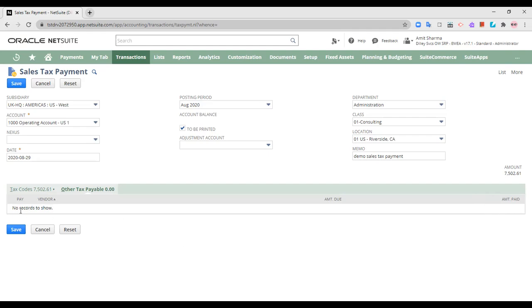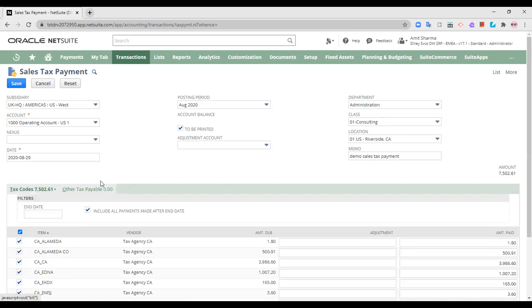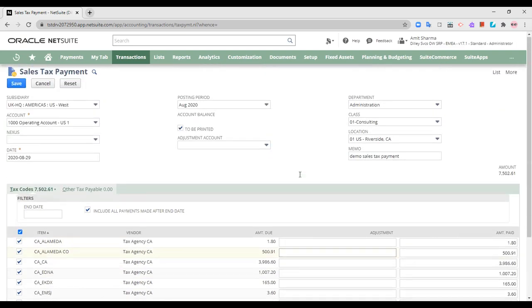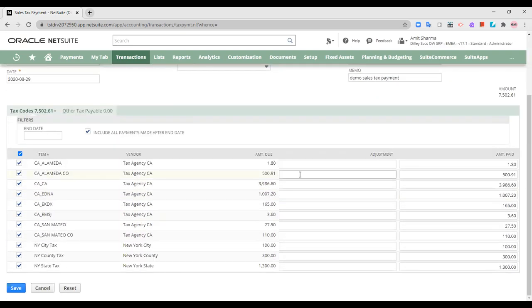Similarly, you can select the amount to be paid, the amount due, amount paid, etc. over here in the other tax payables. In the tax codes also the same thing has to be done. And once all the information has been entered, you can just save the information. So once the information is saved,